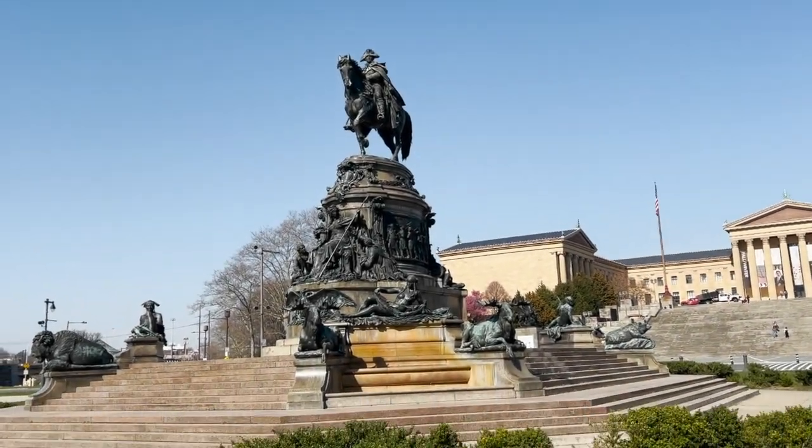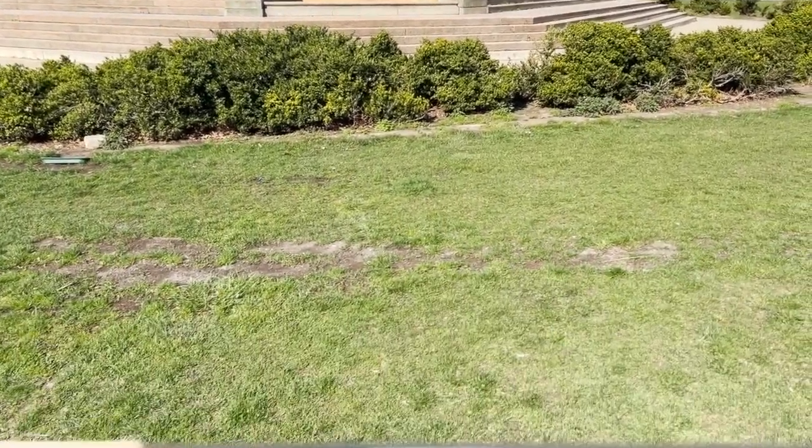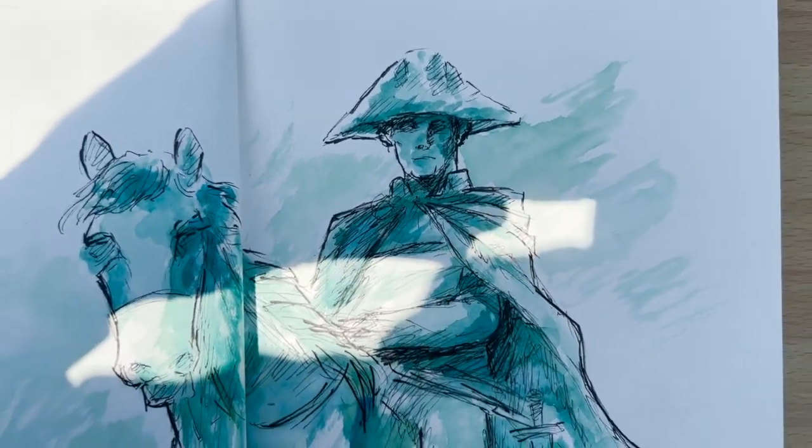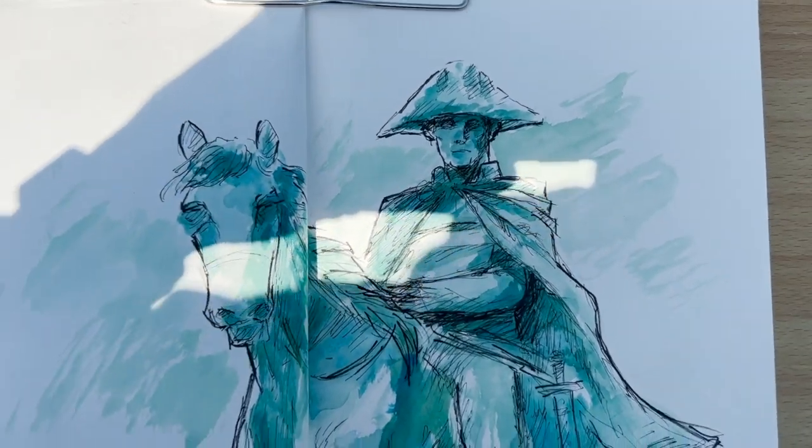This is Neil King for the Random Acts of Cartooning, and I'm in Philadelphia to do a sketch at the Washington Monument Fountain outside of the Art Museum. But first,